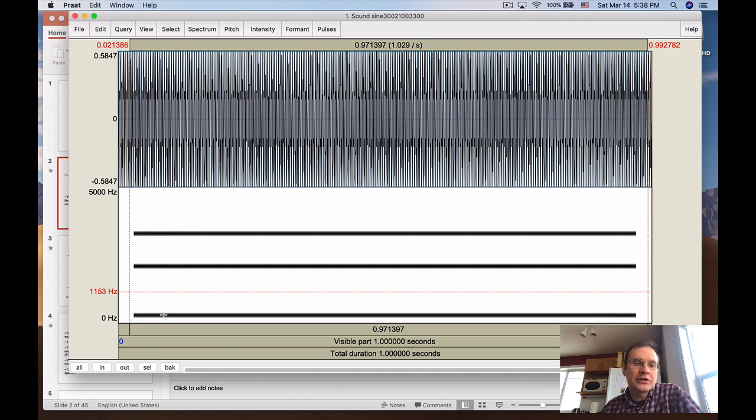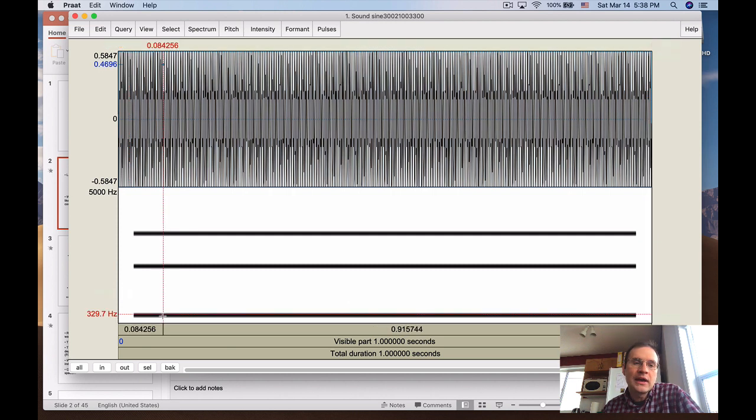The main point I want to show to you at this point is that if I click on these sine waves, I should see the frequencies that I constructed them out of. So this is at about 300 hertz here on the frequency scale. This is about 2100 hertz, and this one's at 3300 hertz or so. And when I play it,